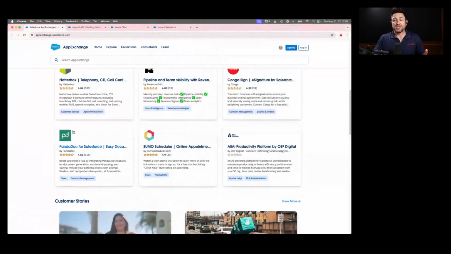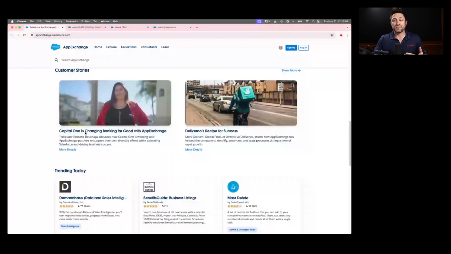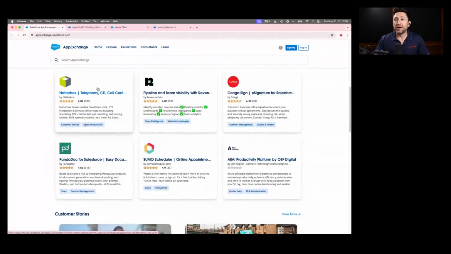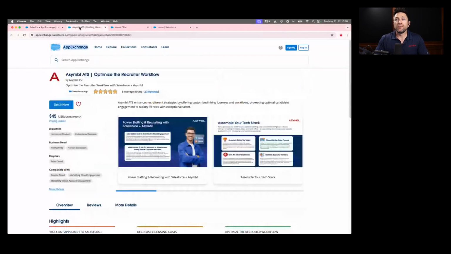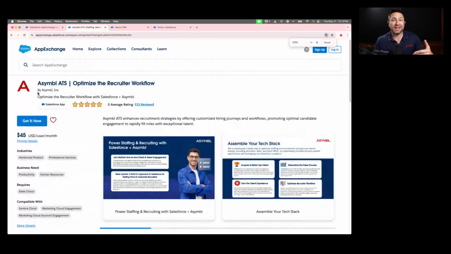It's where you can go to see a number of different things about Salesforce apps. You can see what's trending, but you can also go in and search for things that might be relevant to you. So for instance, let's talk about the Asymbl ATS. Now, the Asymbl ATS is something that you can add in on top of Salesforce. So if you have a Salesforce foundation and you want to get recruiting features, the Asymbl ATS is one way